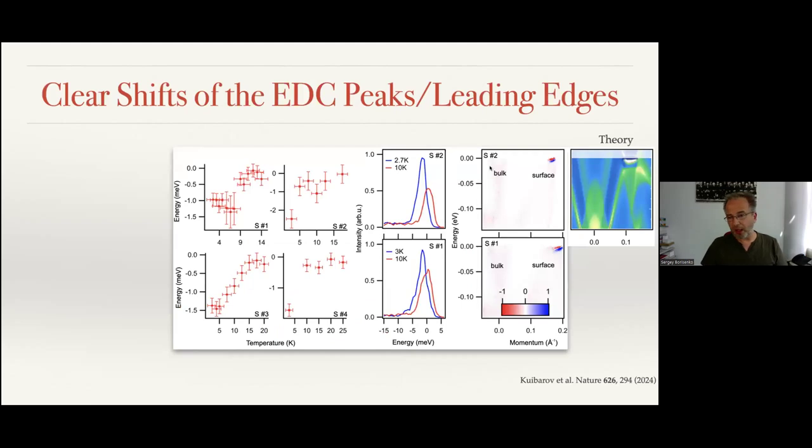So this is the kind of smoking gun experiment: you measure at low temperatures, you measure at high temperature, and you see how the energy distribution curve shifts. This indicates strongly that there is opening of superconducting gap. And this is in the colors red, white, blue. This is a different spectrum above TC and below TC. And you clearly see that nothing happens with the bulk, but only surface feature clearly shifts and the gap opens